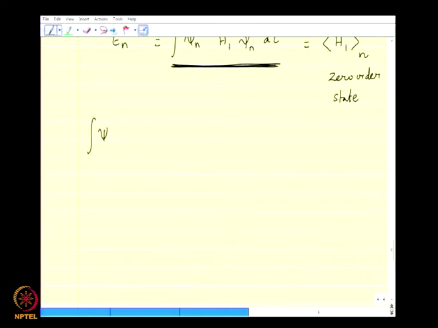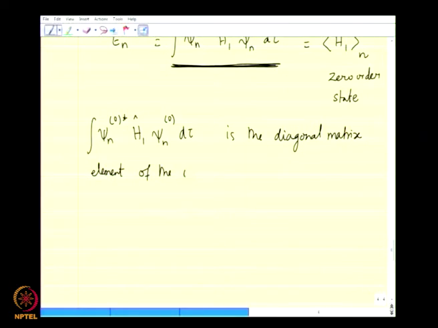The integral psi n0 star H1 psi n0 d tau is the nth diagonal matrix element of the operator H1 in the basis set